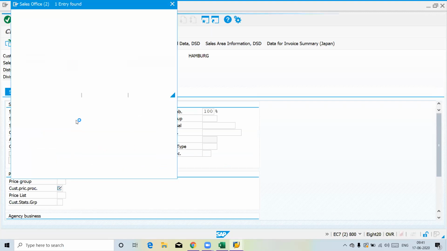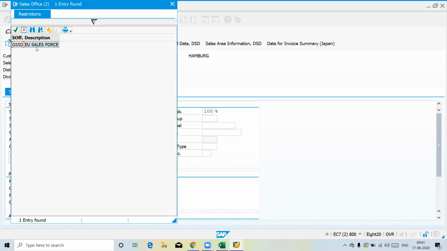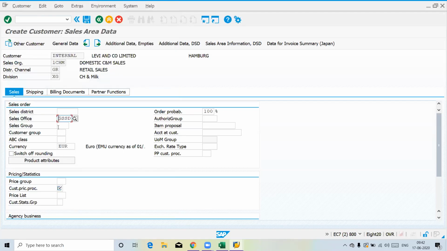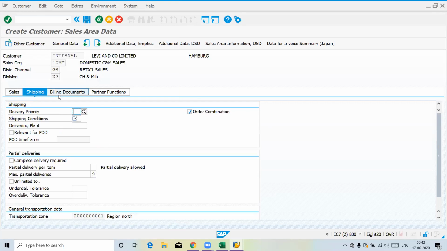You see, Levi, this is the sales office you created, right? Yes, we created it. So you can select it like that. This sales group, customer group, whatever the fields are there, we haven't created those. So those need to be created on our own. You got my point or not? Yes.